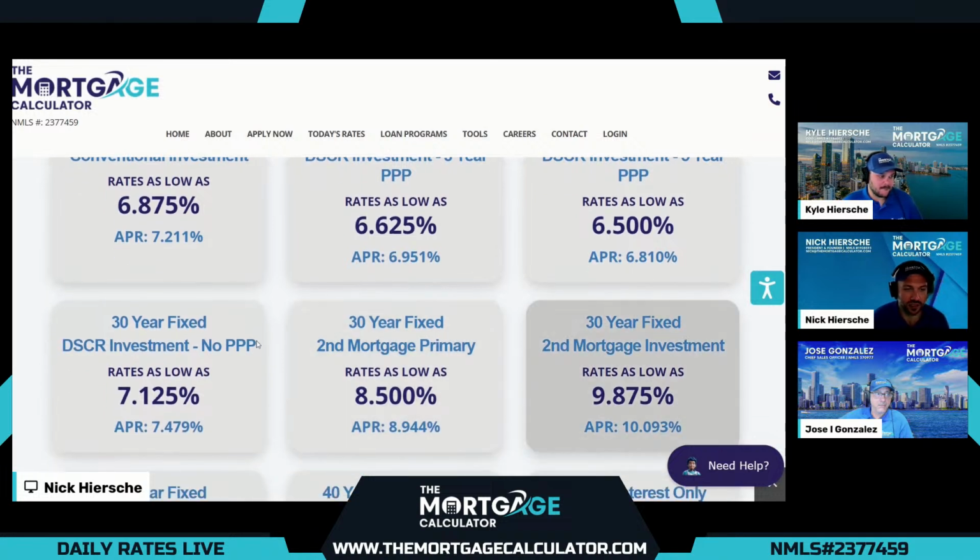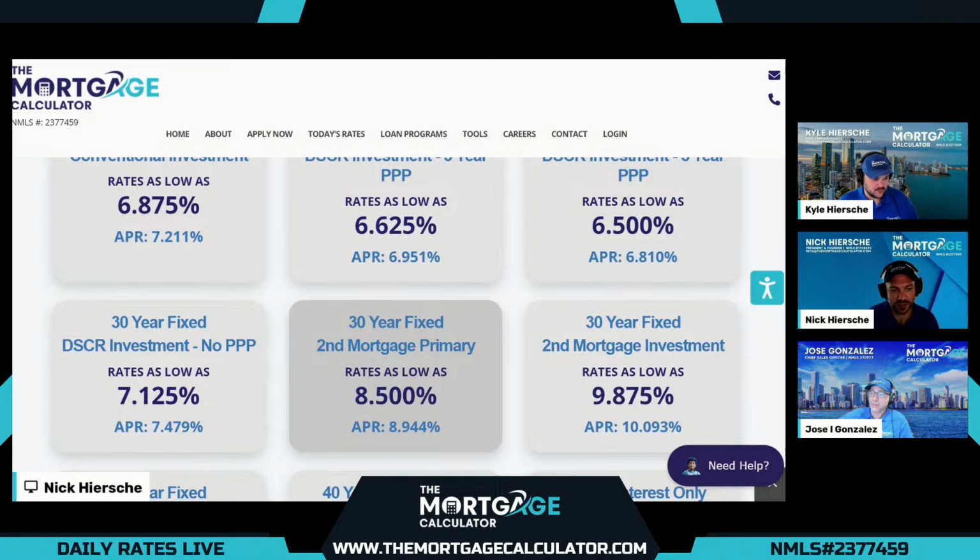And the final two options we always go over are cash out options for our clients that have first mortgages that are lower than what we just presented today. So if you don't want to refinance your first mortgage and still need some cash out, typically the only option is a HELOC, but we now have these new non-QM fixed rate second mortgages. So for a primary home, we can get cash out, rates as low as 8.5, final APR 8.944 without touching that first mortgage. And these rates are much lower than a HELOC and not adjustable, and non-QM as well.